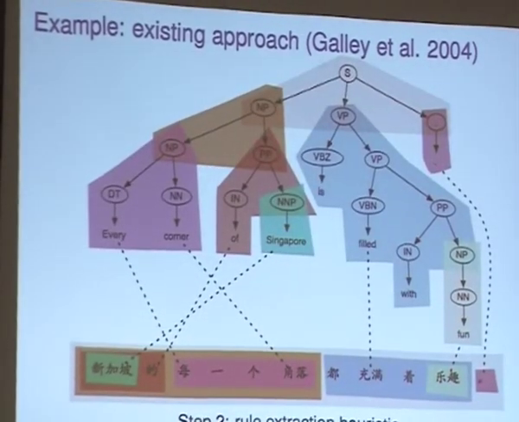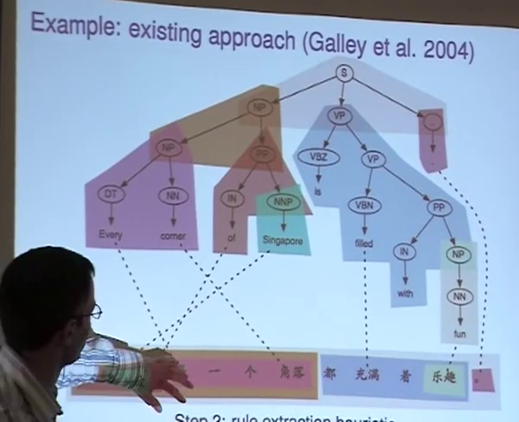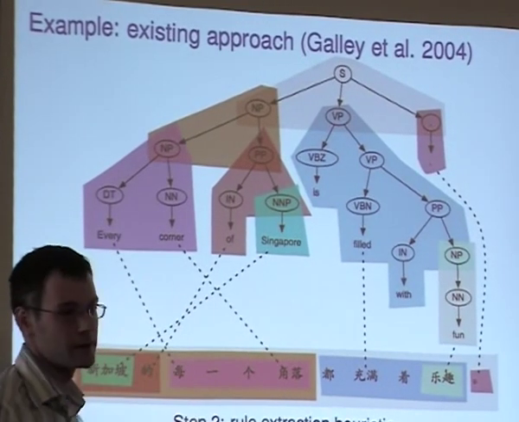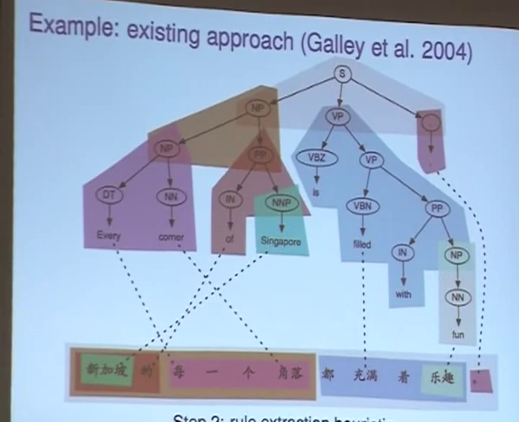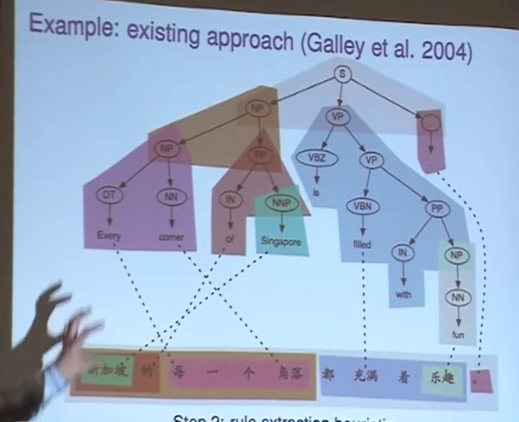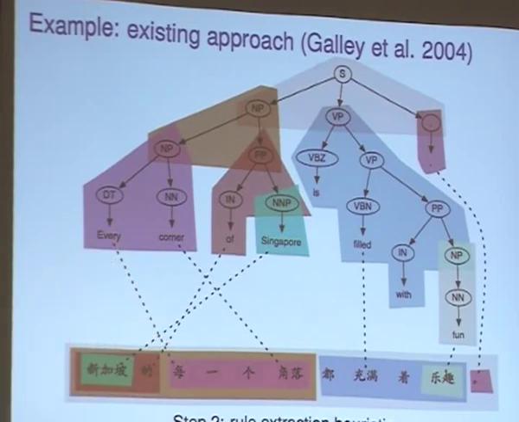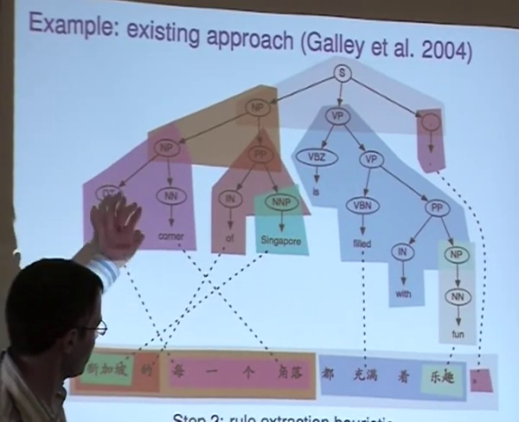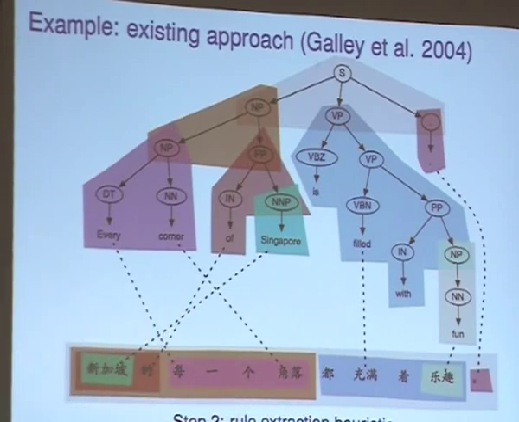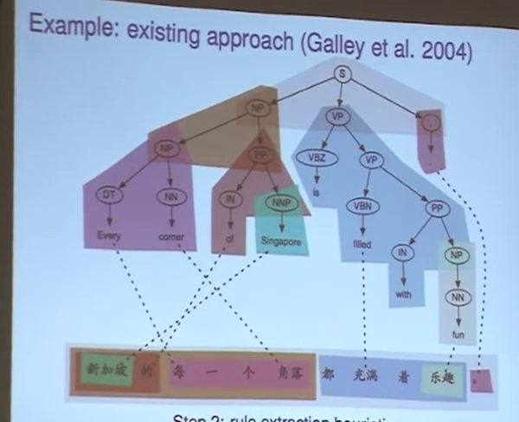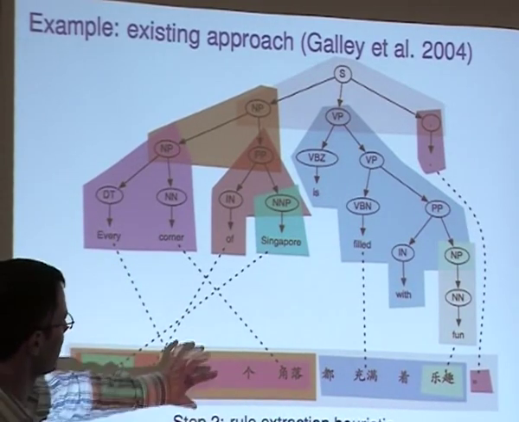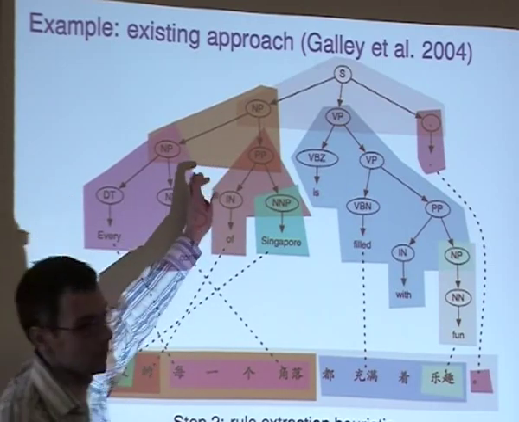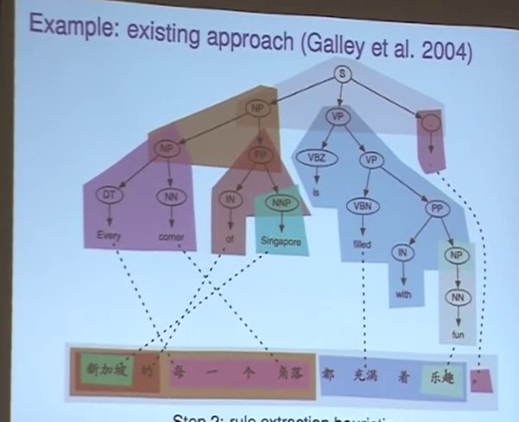And then what we do is we apply their method to figure out the different fragments and the different rules that we can extract from this. So it's a kind of bottom-up heuristic for finding minimal fragments that are consistently translated. And I've shown that in color. So for instance, every corner and this substring here are considered a translation unit. And that is a subunit of this larger one in tan and so forth.